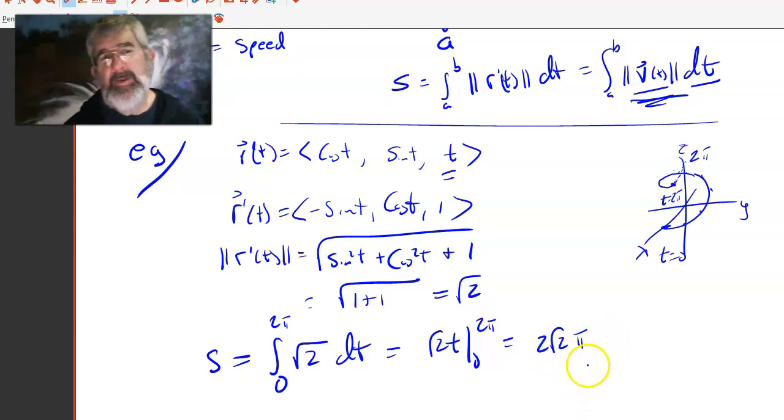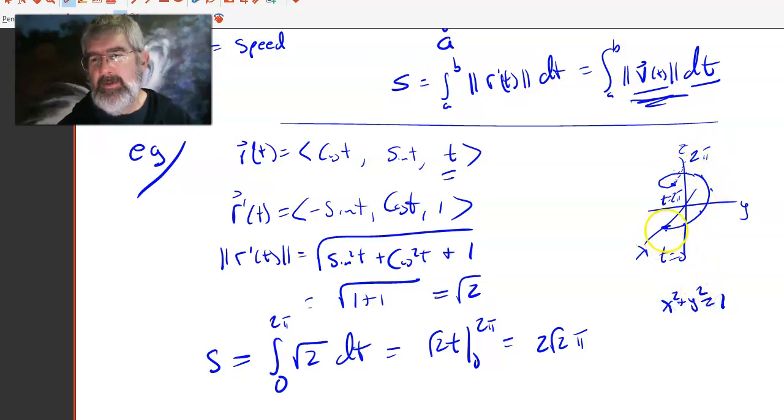Now I say I have another way of thinking about this because this happens to be a really nice curve. If you think about the cylinder, x squared plus y squared equals 1. It's a cylinder of radius 1, right? And it's parallel to the z-axis. This curve is completely on that cylinder. You could cut the cylinder open right through here and unroll it. And so what would happen to that